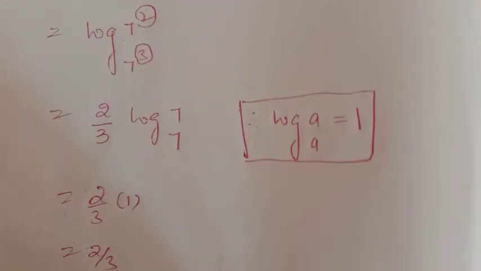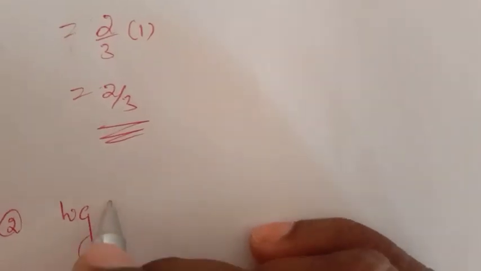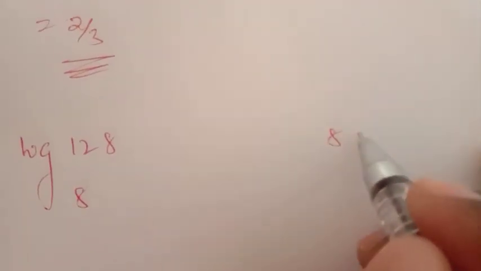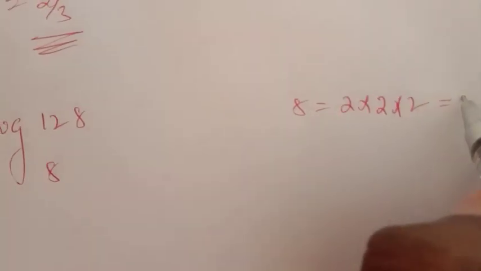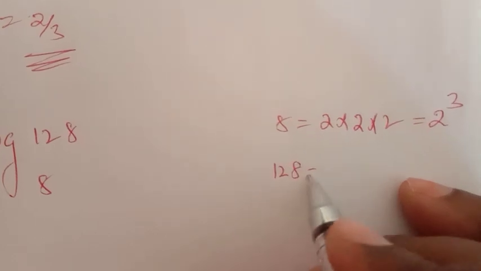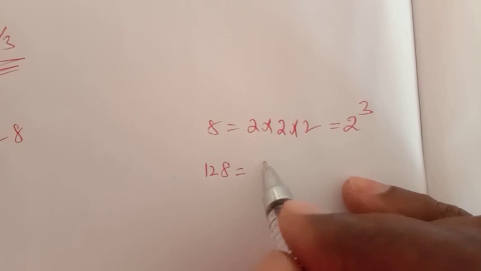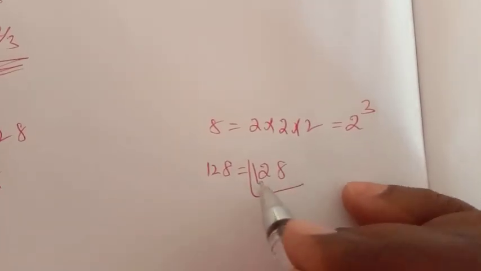And the second one, we can take log 128 base 8. Here 8 can be written as 2 into 2 into 2, that equals 2 cube. Here 128 can be written as,